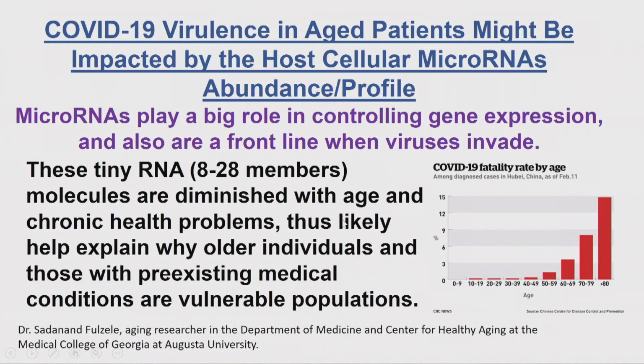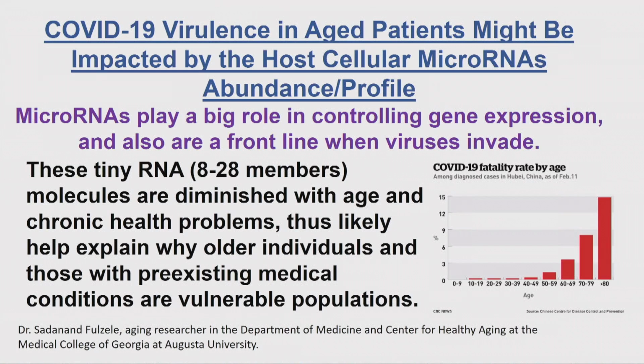Here you can see on the right side in the table. So what I found written, which was new for me just a few days ago, is that this virulence in aged patients